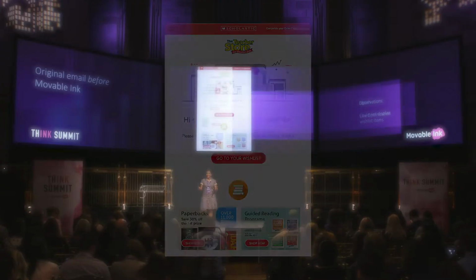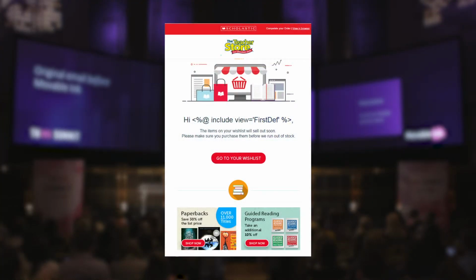Additionally, by adding the items into the cart, we were able to boost the year-over-year revenue for that particular stream by 40%. So that was a big deal for this particular business, and because of that little win, we were able to gain their trust, and they were able to see how easy it was to actually implement the Movable Ink tracking pixel, to implement the Movable Ink items into our emails. And this brings us to our next project that we worked with this team on, which is our wish list